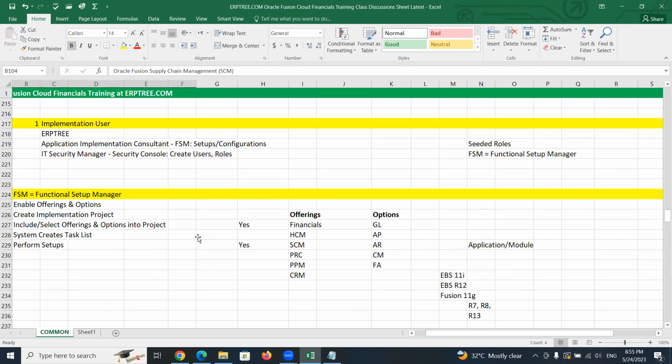I have one question here. Can I do any kind of setup directly by going to the navigator? We have multiple options when we talk about setups. We have seen that in yesterday's session. What we did, we navigated to FSM. We have to click on the user, then click on setup and maintenance task. It will take us to one page. There we selected financials and we have seen payables, receivables, fixed assets.